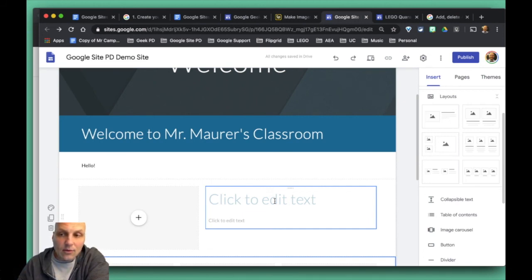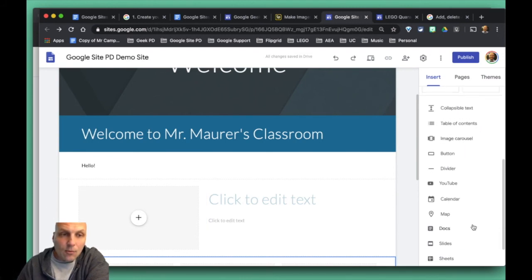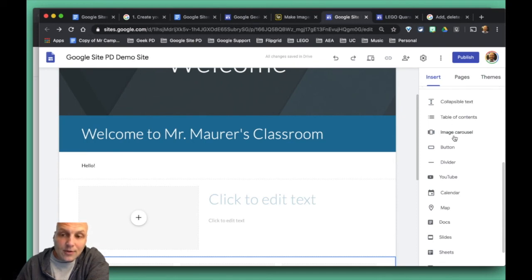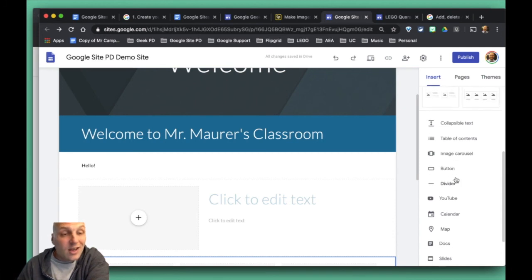And that is how we start to add some layouts. We'll get into this a little bit later, but we're not going to worry about that now, just layouts. We have all these other options of things that we can start to embed into our website as well, so you can see we have a ton of possibilities. And if you have a lot of stuff already in your Google Drive, this makes it that much easier to get stuff live for your community, parents, students, anyone that you want to have access